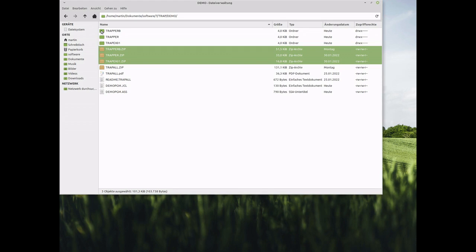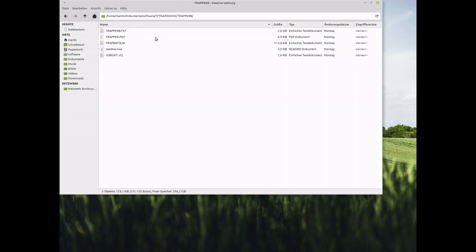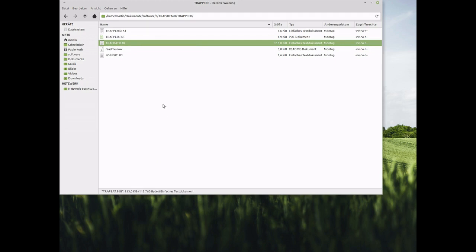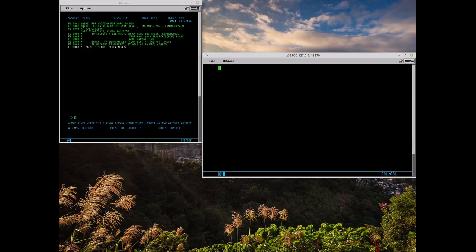Now in these 3 folders we have the installation material as well as documentation about it, and now we skip the readme, but instead we only submit the job that came with it. Okay, and we submit that to VSE, and let's check. Okay, here we come. So we answer that 9. Okay, catalog job successful,